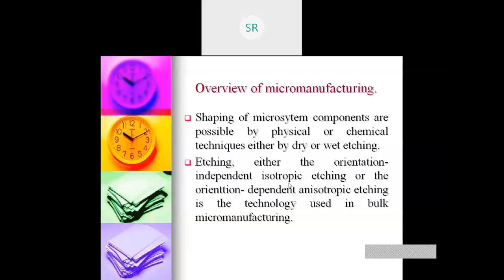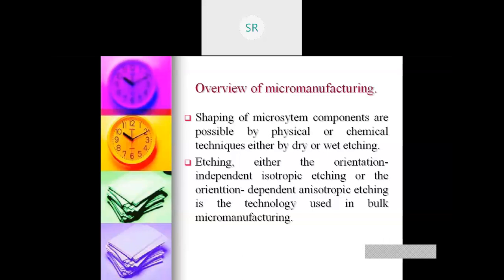Etching can be orientation independent isotropic etching, or orientation dependent anisotropic etching.